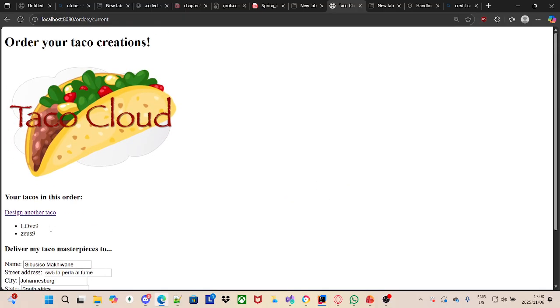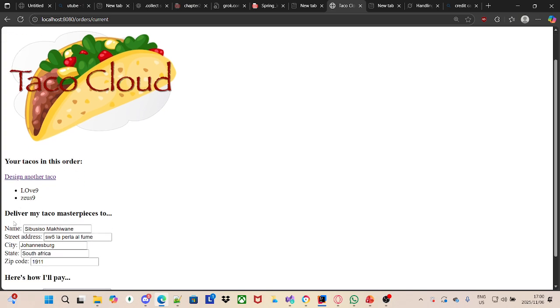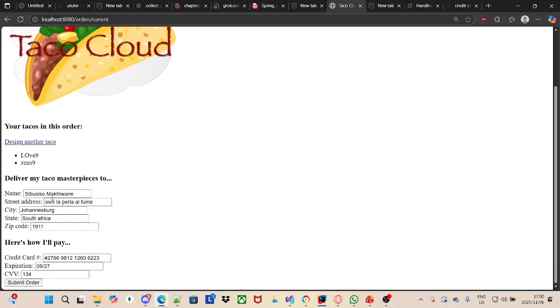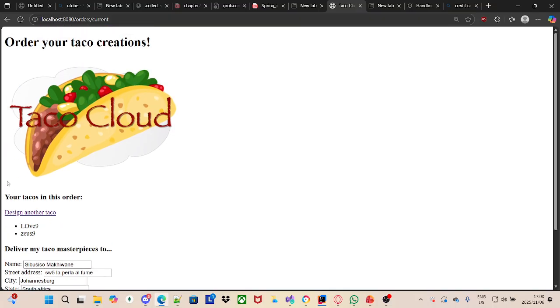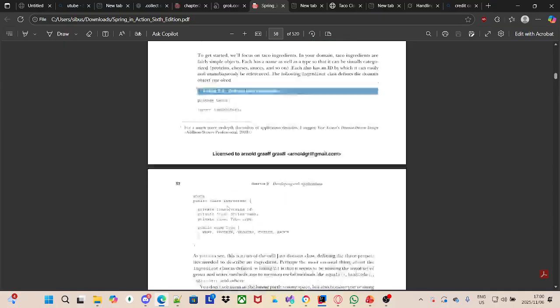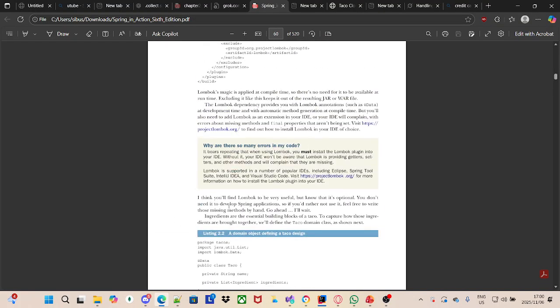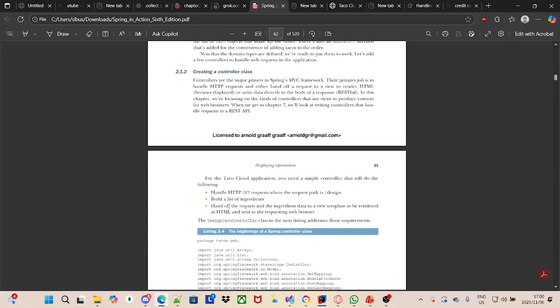So as you can see, I have my two tacos, which is Love 9 and Zeus 9, and then I have my order current form, which is where the users put in all their details, personal details, and their credit cards, then submit order, then the order is taken and everything is running well. Now we go into